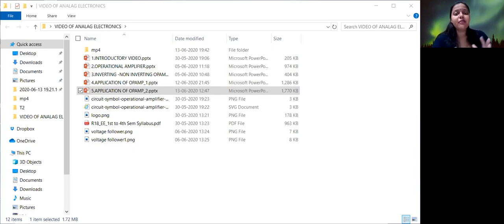For Schmitt-Trigger and comparator, these are actually square wave generator circuits where positive feedback is being used. For integrator and differentiator, you have to remember the position of the resistor and capacitor, right? The derivation of output voltage in the case of integrator and differentiator circuits, you have to remember for your semester exam also. Okay.